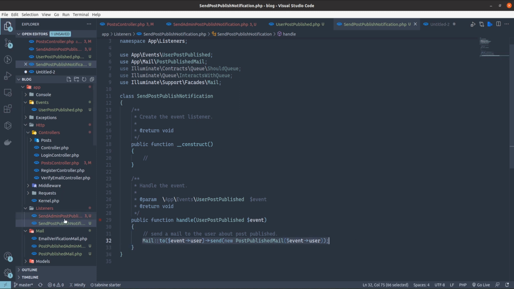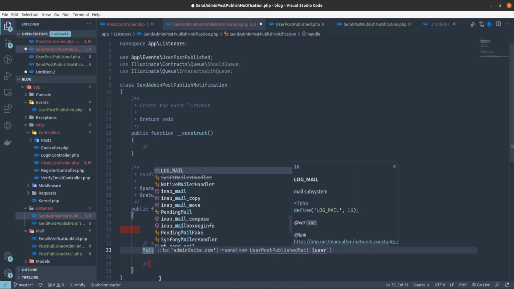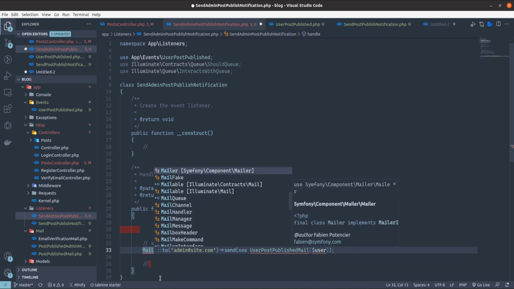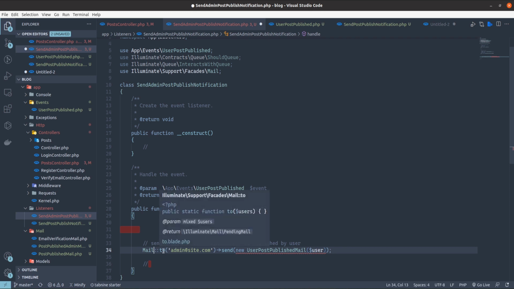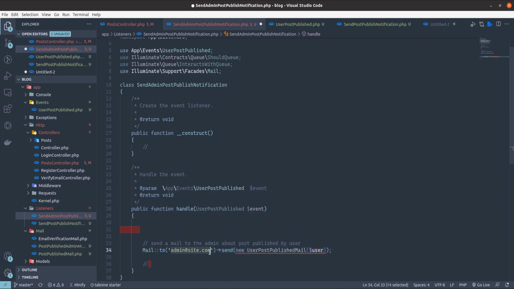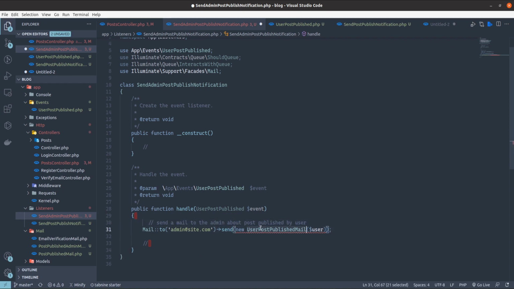Fine. And let's go to the admin post. So here we are again sending the mail. All right, so mail to admin. Now we don't have the admin email right now. You can keep it in the environment file, right? Or right now I'm hard coding it, but we can keep it inside the configuration or the environment file. Best practices, we'll see it later. So send the mail, and the mail name is send admin post published notification, and we need to send it to the